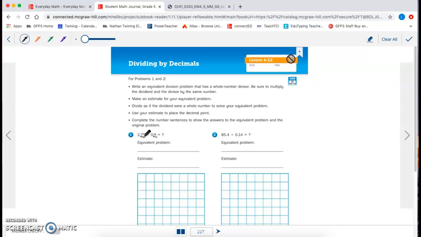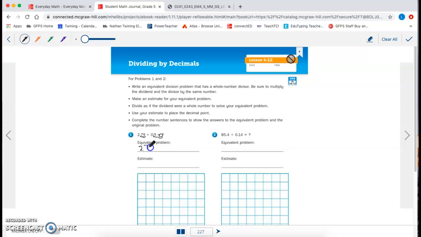And same as in equivalent fractions, you need to multiply both sides of that division sign by the same number. So it's like multiplying the numerator and the denominator by the same number. So I can't multiply this by 100 and this by 10 and get the same answer. I have to multiply both by 100, so I actually have to add a second place there, and I end up with a 0. So my equivalent problem is